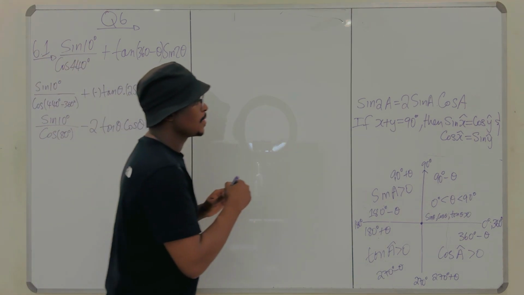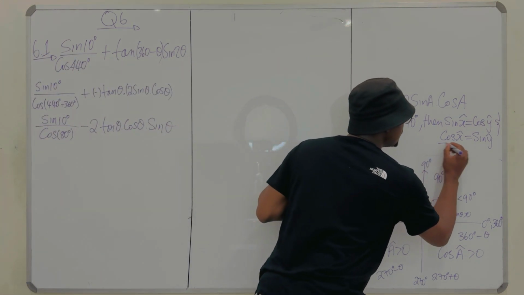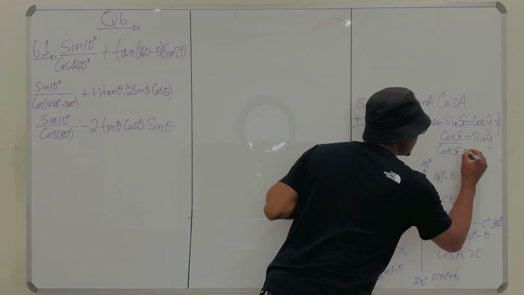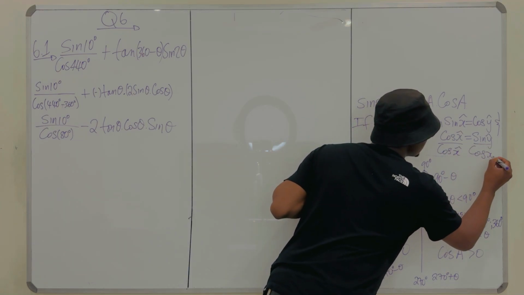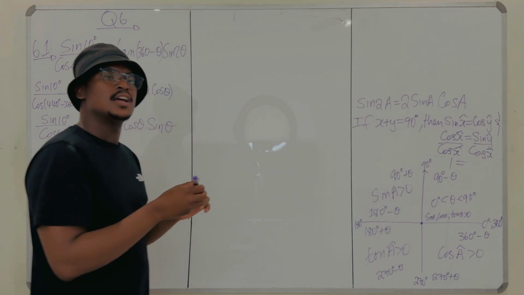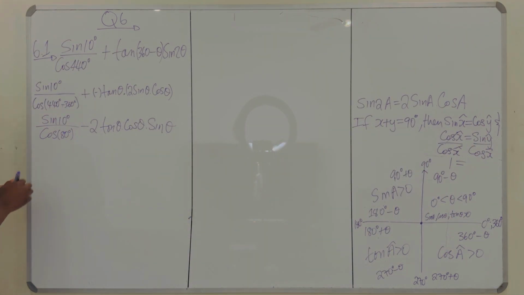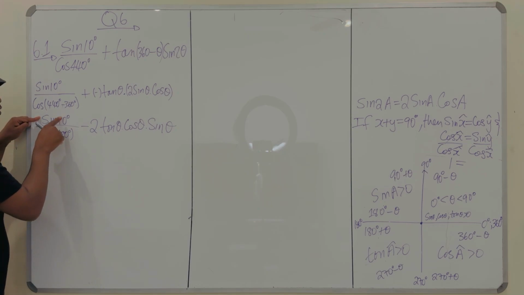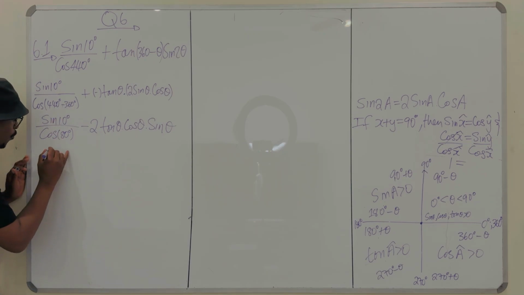So which means, in that case, if you divide by this cos x here and divide by cos x over there, you can see that you're left with 1 here. So the ratio between these two is 1, because these are equal, since those two angles, when you add them, add up to 90 degrees. So you have 1